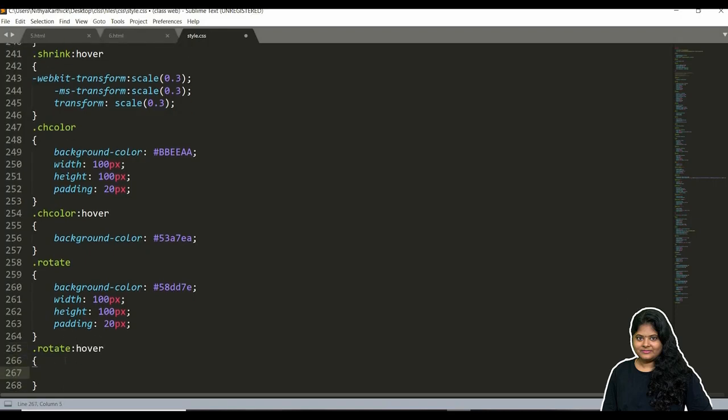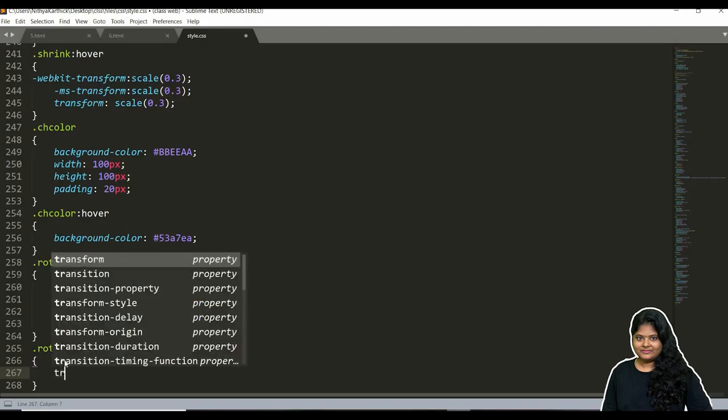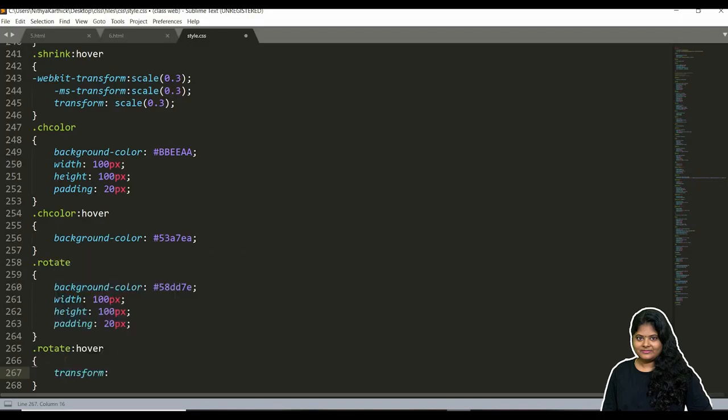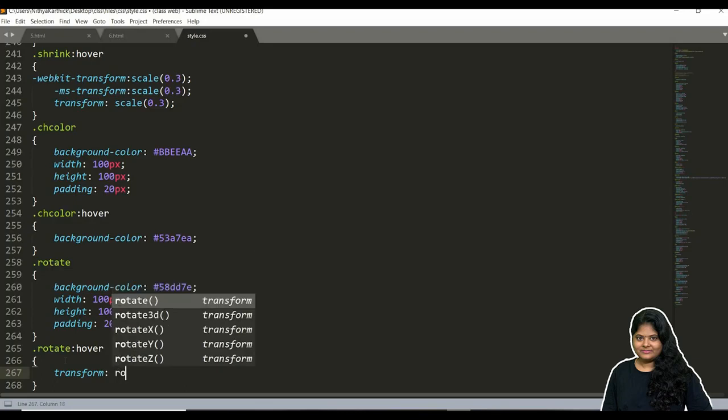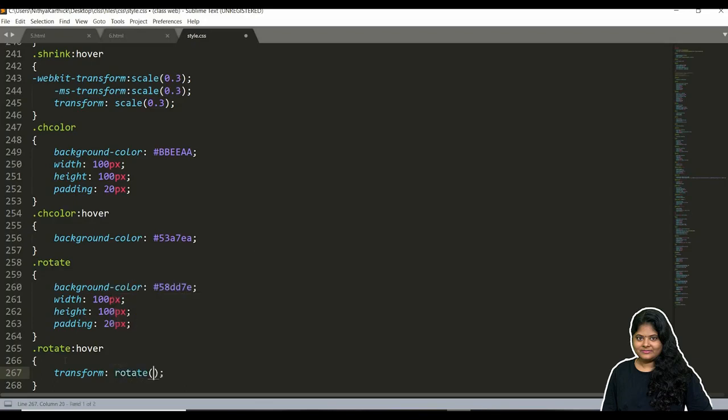When I hover, some rotate action should be done. You remember the code for rotate? Yes, it was very simple. Transform, rotate, and we can give some value in which degree it wants to be rotated.